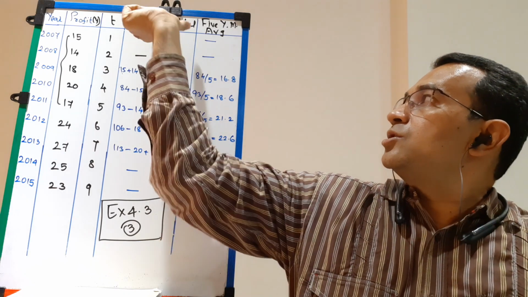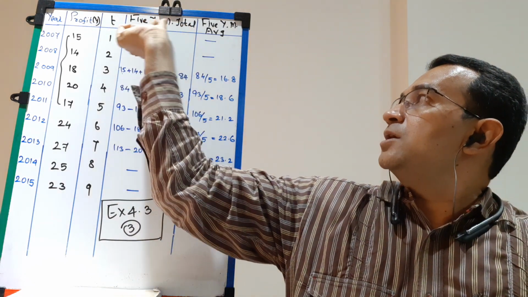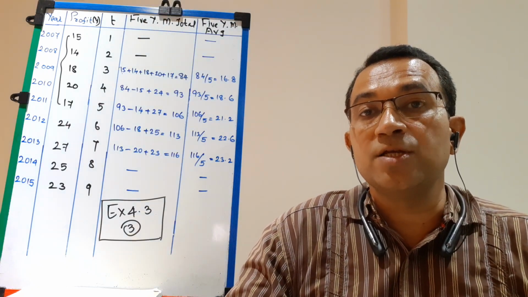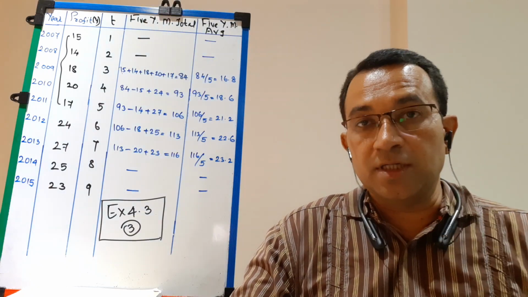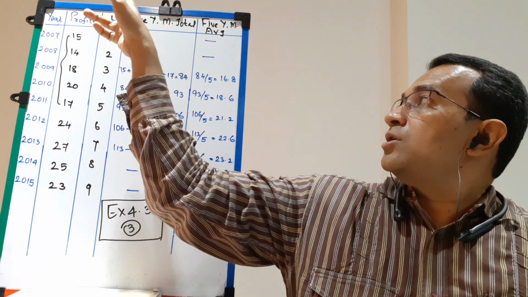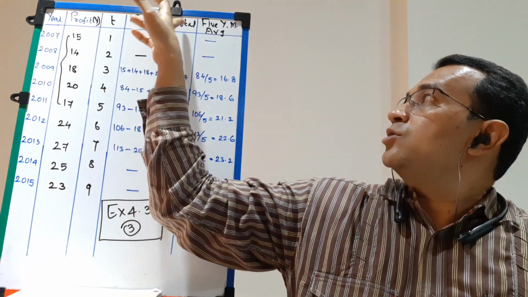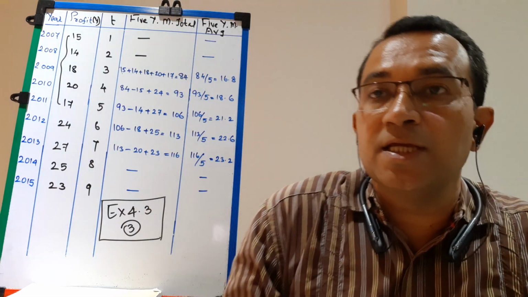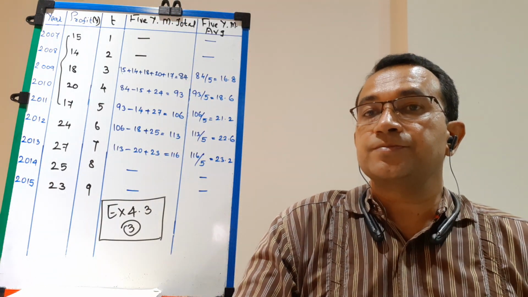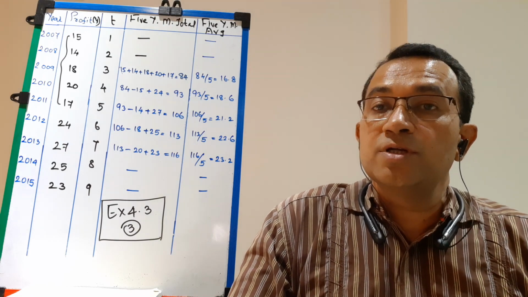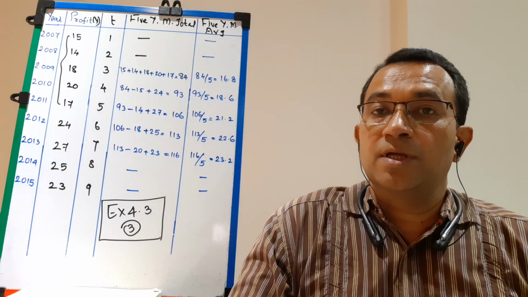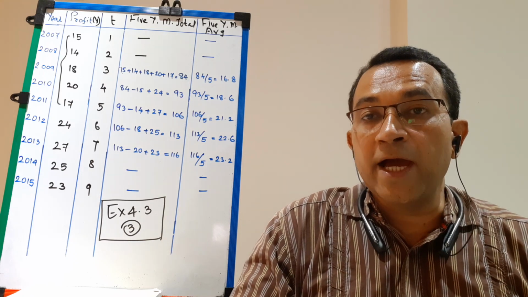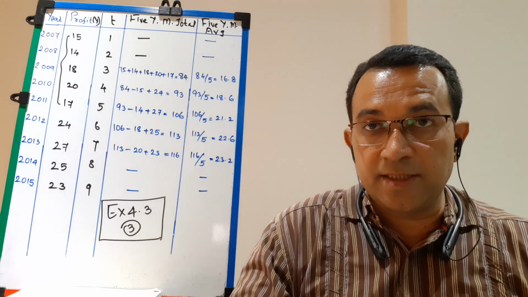The next column is 5 yearly moving. YM stands for yearly moving, students. Again, due to less space, I have shortcut. I have written in shortcut 5 yearly moving total, 5 yearly moving average. YM means yearly moving. Now, students, pay attention. How the totals are written, that is very, very important to understand.